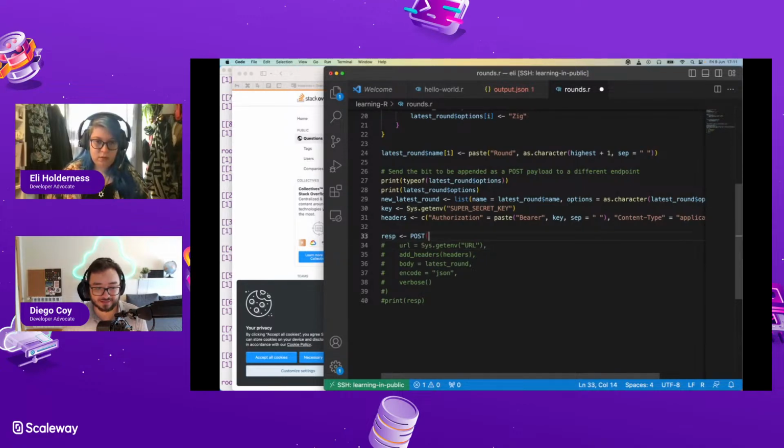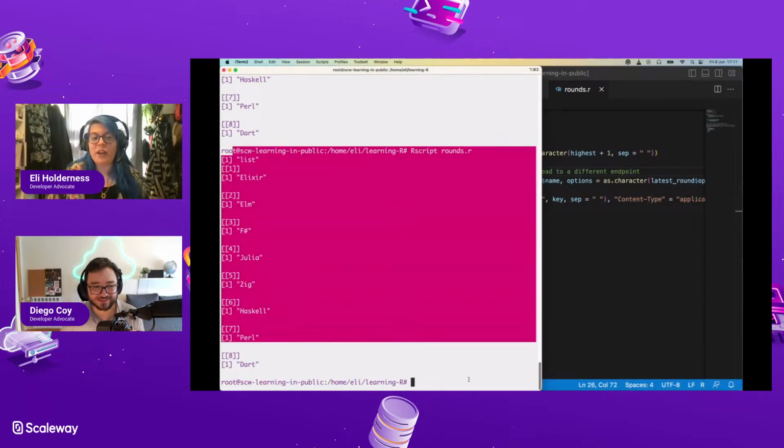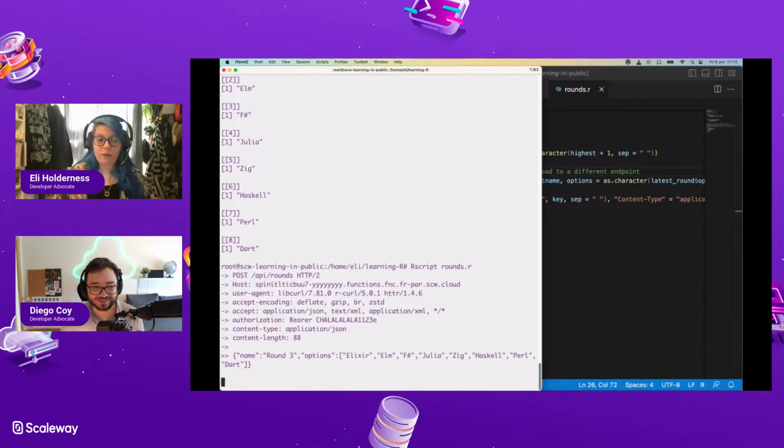Why is that not working? Because I'm stupid, that's why. So now, if I do new latest round, we think we've now constructed, by casting this to character, something that will get parsed correctly by the JSON converter. Is that where we're at? That's the theory, yeah. I would never have picked that up. If that's correct, there's no reason I would ever have thought that was the issue.